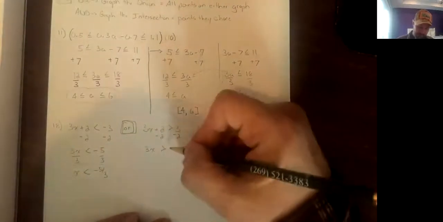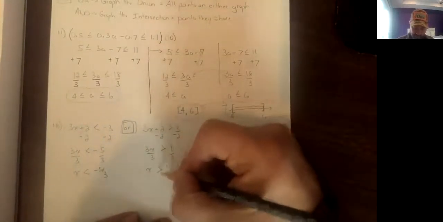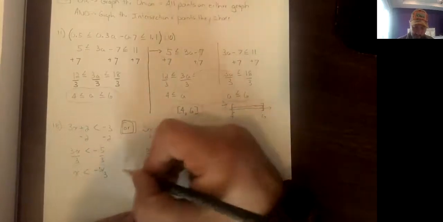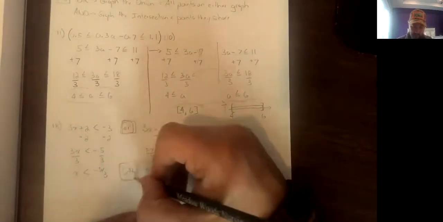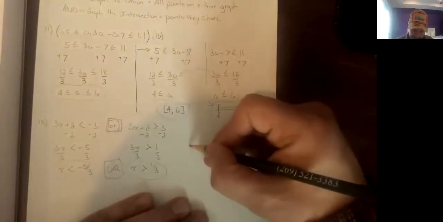That's part of it. This one, I need to subtract 2, but now I have 3x is greater than 1. Now I divide by 3, and I find that x is greater than 1/3. Or, those are ors, because what happens here is,